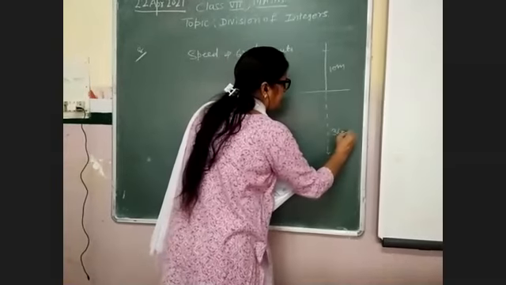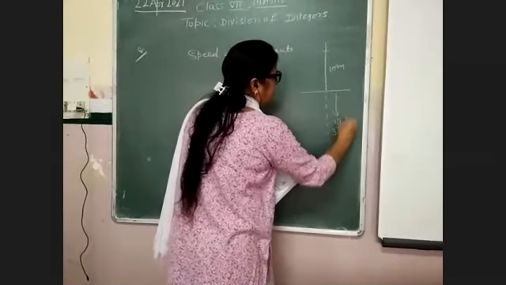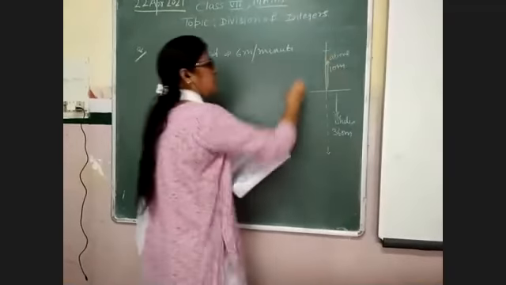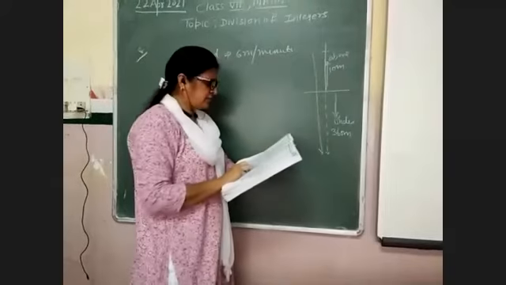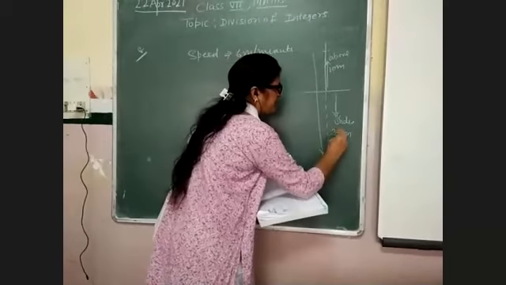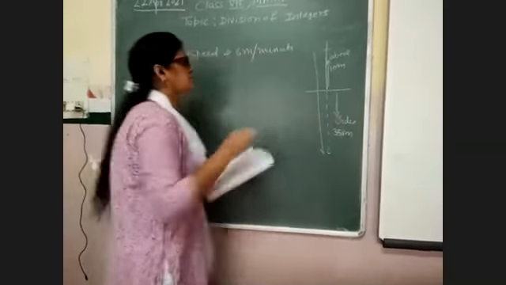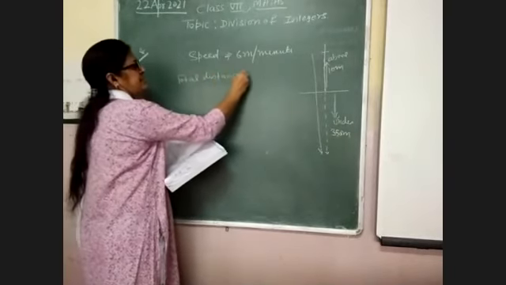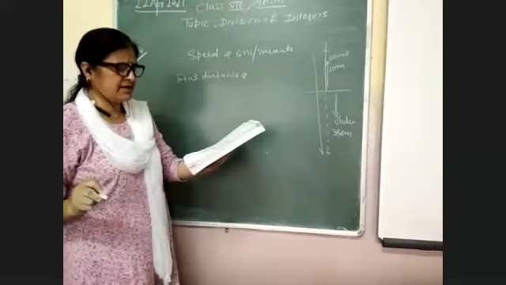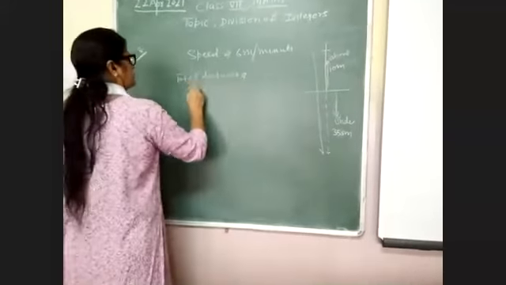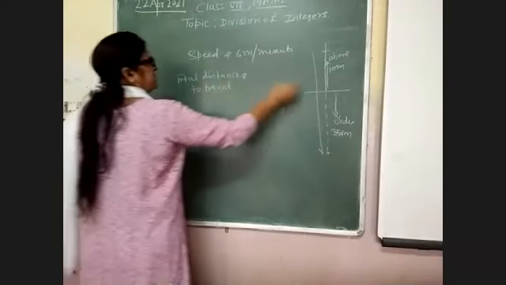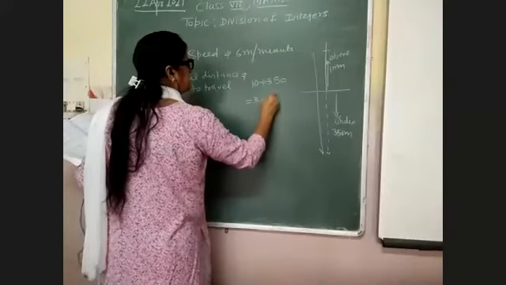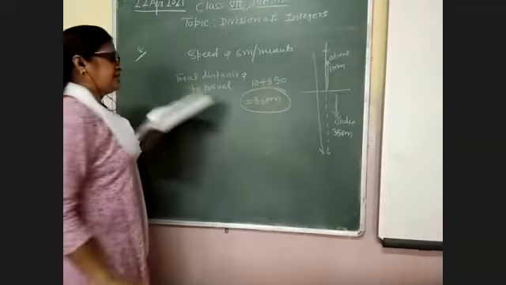350 meters under the ground. This is under the ground and this is above the ground. So the total distance given is 350. The elevator has to cover the total distance to travel, 10 meters above the ground and 350 under the ground. So 360 meters distance the elevator has to travel.